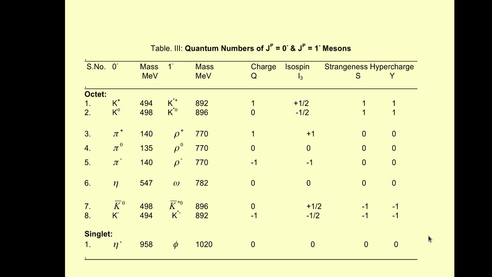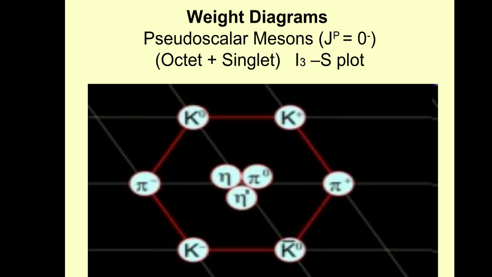Of course, this meson family was observed. If you like, you can draw a diagram with I3 on the horizontal axis, that is the third component of isospin, and strangeness or hypercharge on the vertical axis, because both I3 and S are discrete. They are like quantum numbers, so they have discrete values. So if you plot them, it is a small